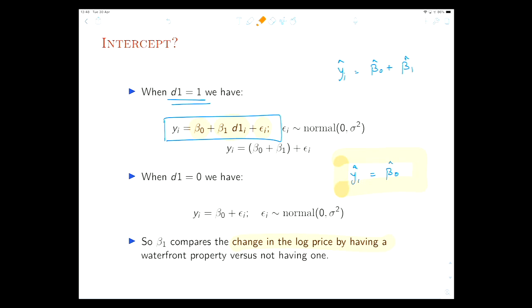But when we do have a waterfront property, it has an addition of beta 1 hat in terms of value added. Right? So if we talk back in terms of the means,